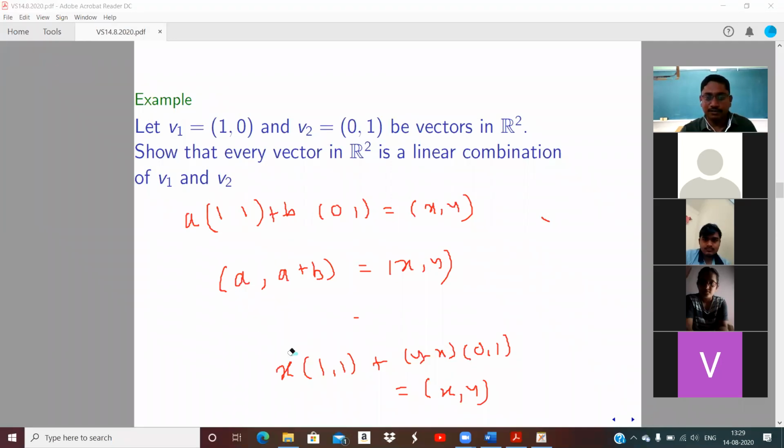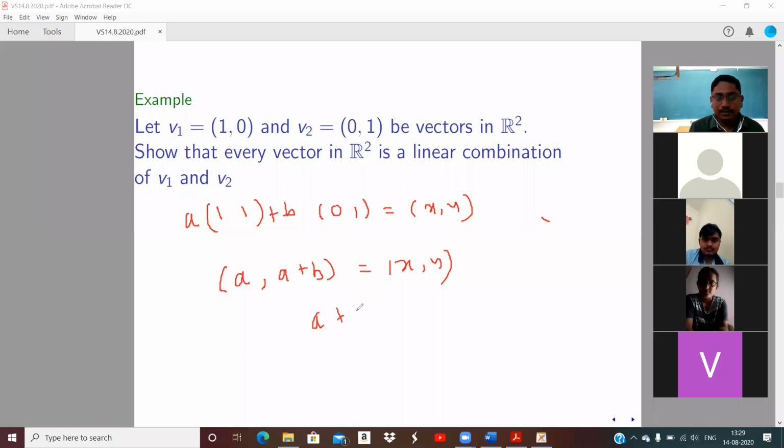So I will erase it, and you need to solve the system of equations in the variables. These x and y are not variables. a and b you need to calculate, so that's why they are variables. So a equal to x is the first equation, that is a plus 0b equal to x. And the next equation is a plus b is y. In matrix form, you can write it as the matrix (1 0; 1 1), and your unknowns a, b, equal to